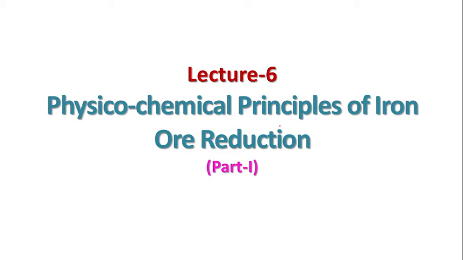We have studied blast furnace construction and the raw materials used in blast furnace. And we know that all the raw materials, that means the iron ore bearing materials, iron ores, are generally in oxide forms, and the metal, meaning the iron, is obtained from the oxides by reduction of these oxides. So it is essential to study the physicochemical principles of reduction, which is a high temperature phenomenon, for the better understanding of our iron making.